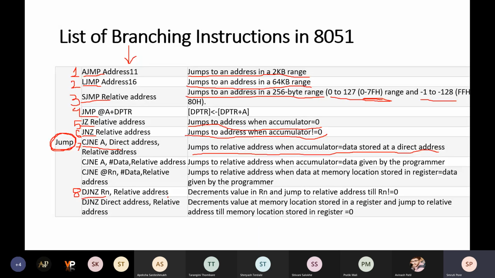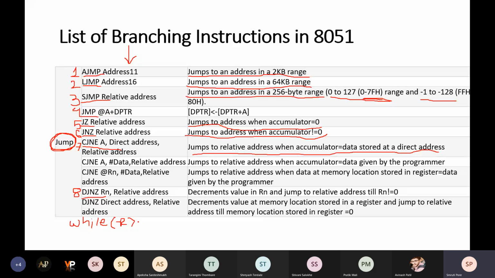For this CJNE and DJNZ, I will give you the example of the C programming. So in C program, you are using while loop. Do you remember while loop? While x is greater than 0, then you are performing something.